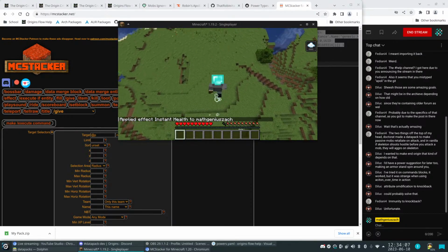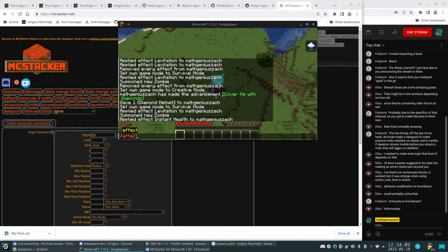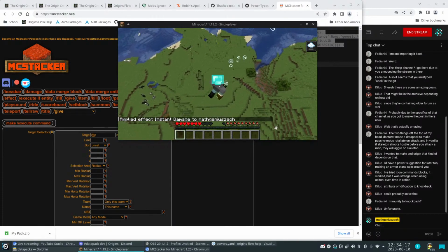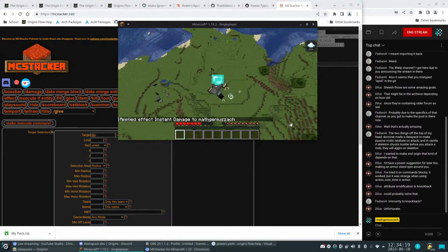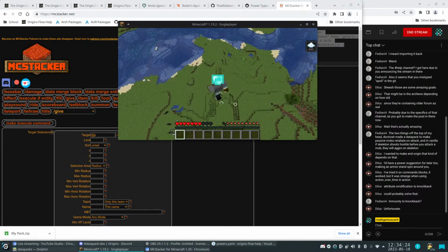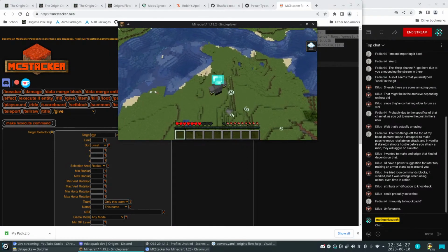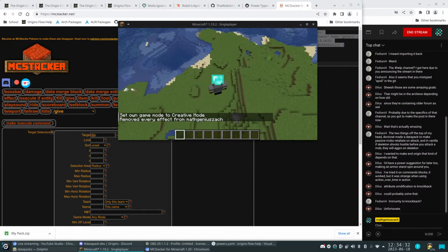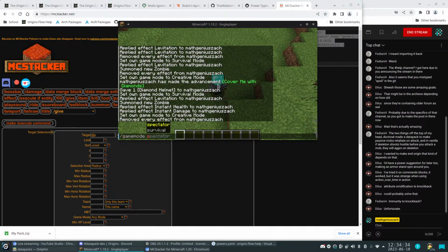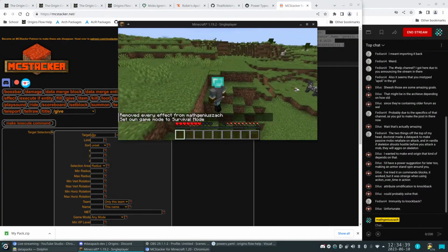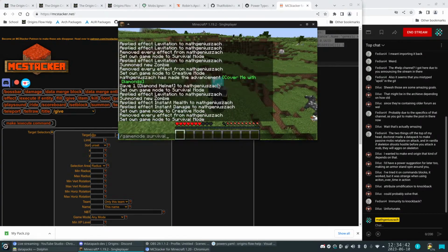You could also try giving like an effect. So I believe instant damage. No, instant damage also causes you to fly up into the air. So it's probably every form of damage. It just kind of sends you higher up into the air. And I don't exactly know the reason as to why. But it is unfortunate. The other thing is, if you want to actually, I think there's an existing slow falling